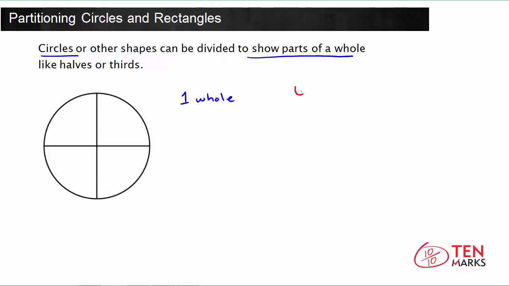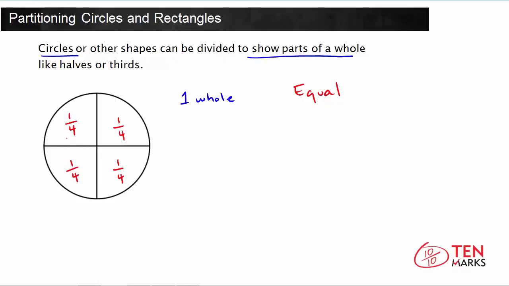Now, the term equal is very important to remember when you're trying to use a shape to show a fraction. If you want to show a fraction, you have to have equal parts. So this circle has been divided into 4 equal parts, which means each part represents 1/4, or 1/4. Now, since each area is showing the same fraction of the circle, that means when you have 4/4,